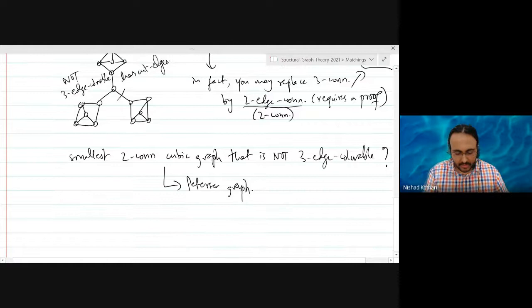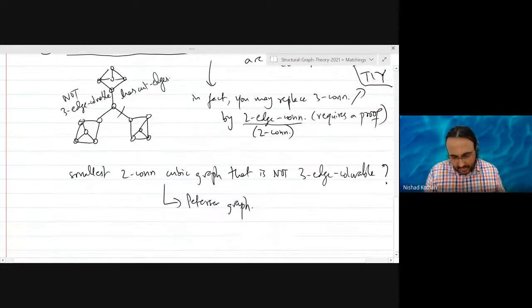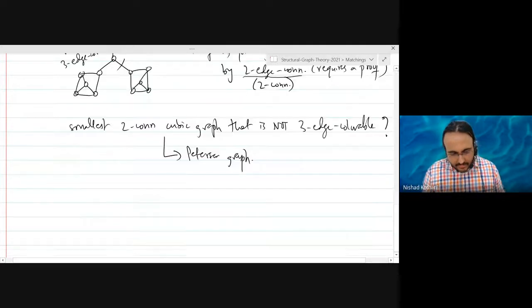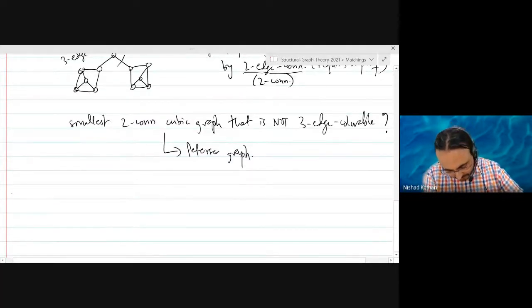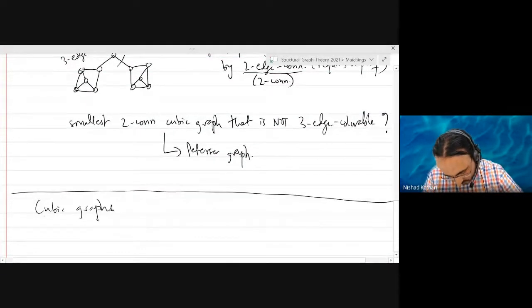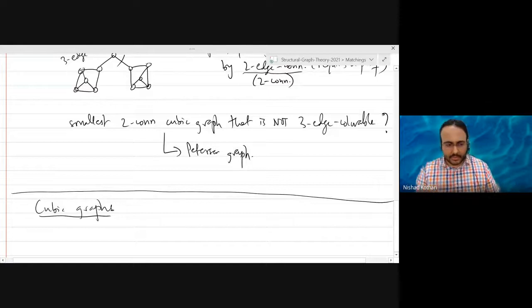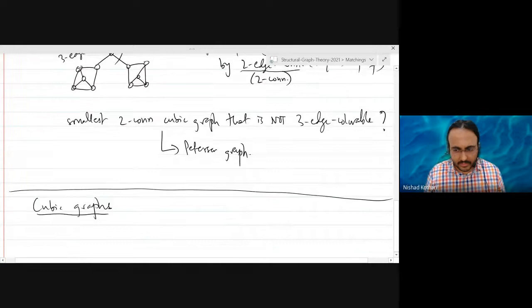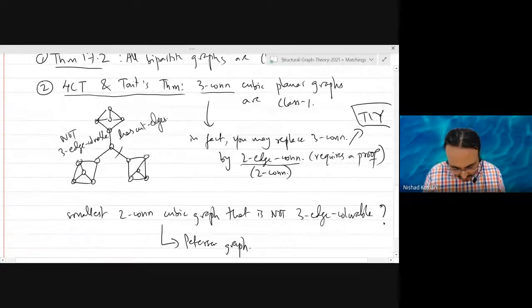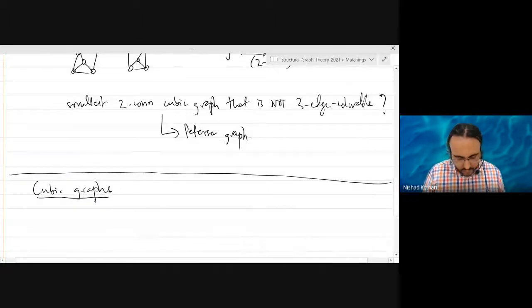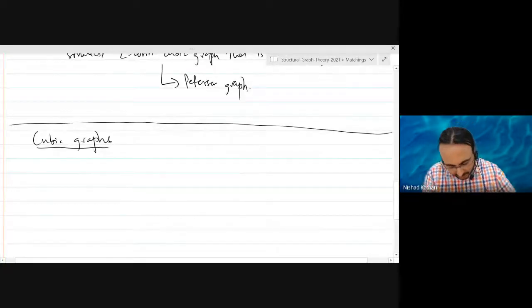Okay. So actually, I want to discuss a bit more about cubic graphs because that itself is a very interesting case. Most of this is discussion. I don't know if we'll see any proofs today. Let's see. I'm hoping we can see a proof of theorem 17.2, but I'm not too sure right now. Let's just look at cubic simple graphs.